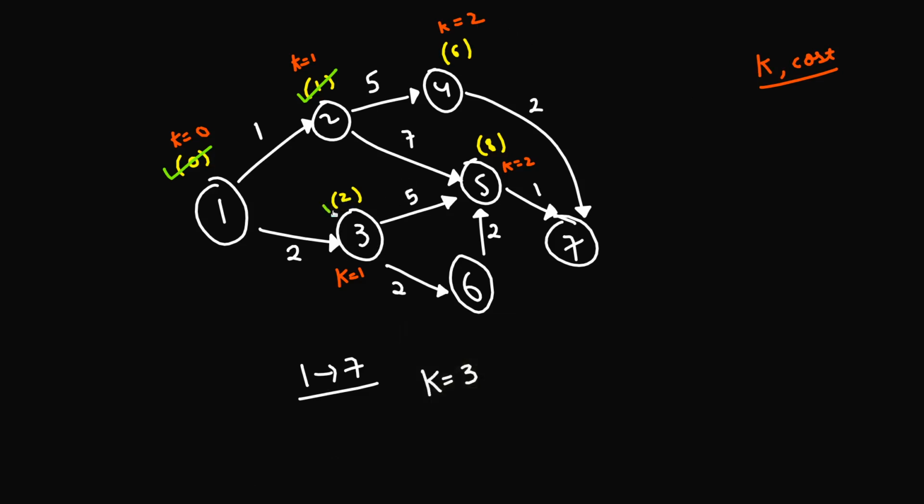So the cost is 2 and the neighbors are these 2 neighbors. If I go from this city to this city, what's the cost for that? Since the cost was 2 to go to city number 3, if I add 2 plus 5, that's 7. So I have a cost of 7. At the same time, the value of k is k equals 1 plus 1, that's 2.